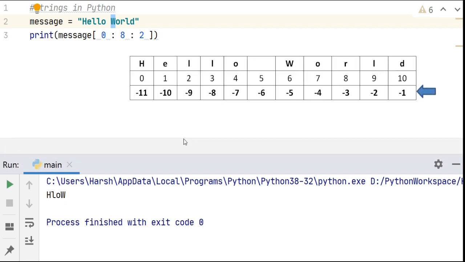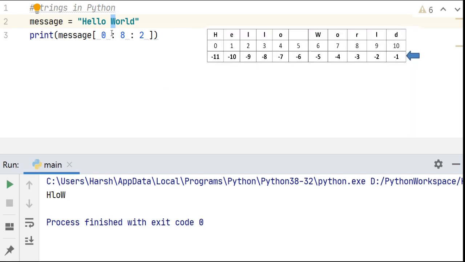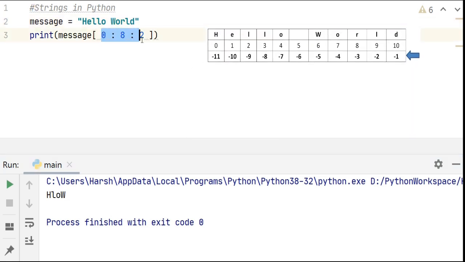Now it's really simple to print a string in reverse. So to do that, just type, leave the first index blank, the last index blank, and in the steps parameter just pass -1. So what it would do is it would traverse from the back. And then when we print it, it's out the entire string in reverse.